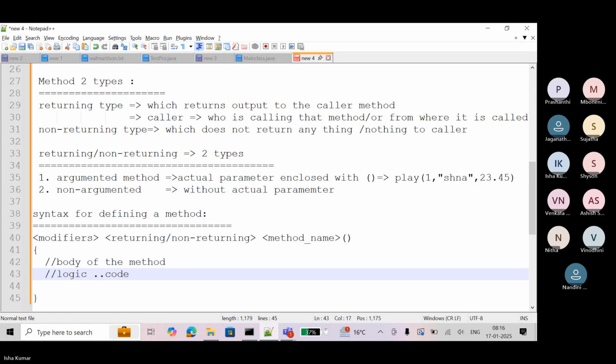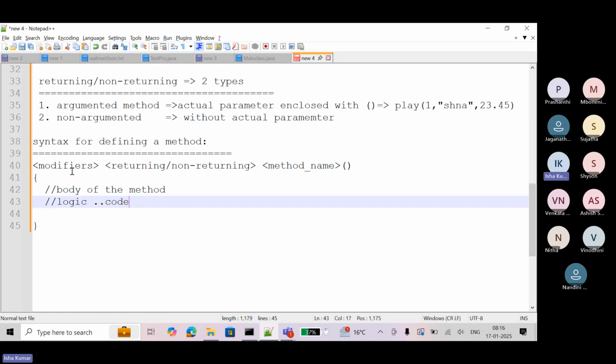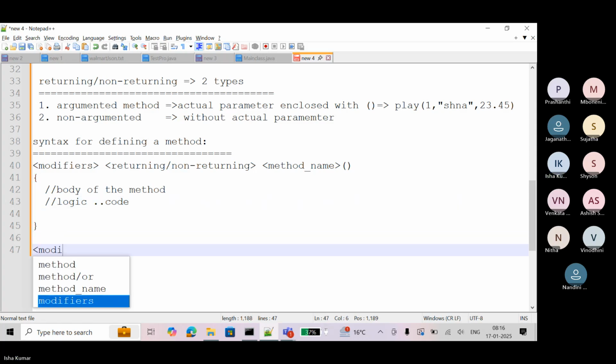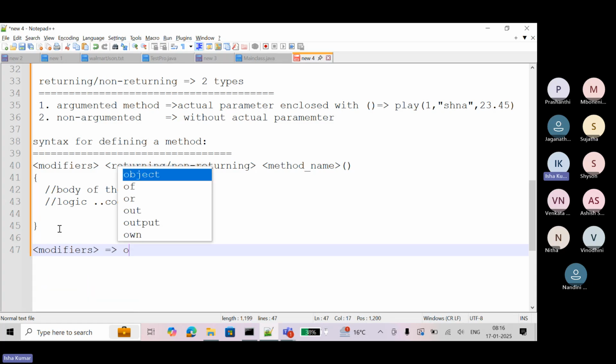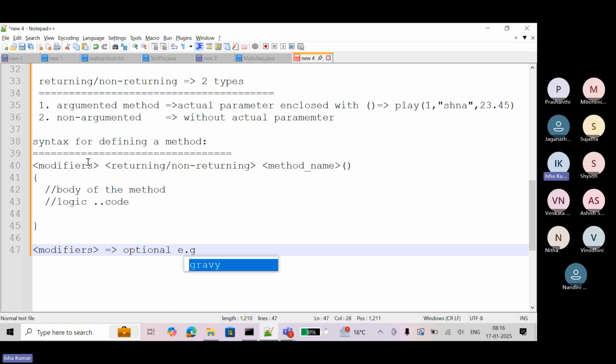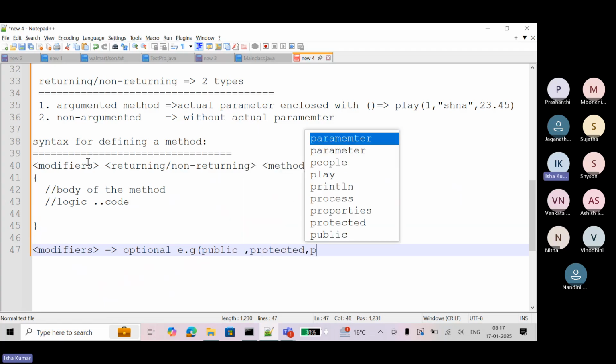Right? So now I am telling you modifiers, returning, non-returning type. So here, what do you mean by modifiers? So this is optional. You can write also, you cannot write also. It's not mandatory. Example, let's say, public, protected, private.